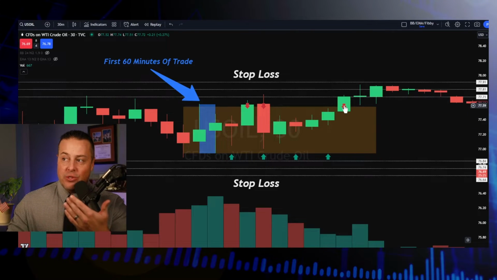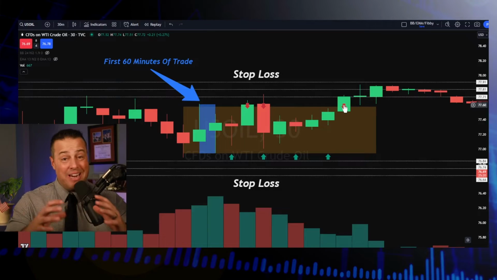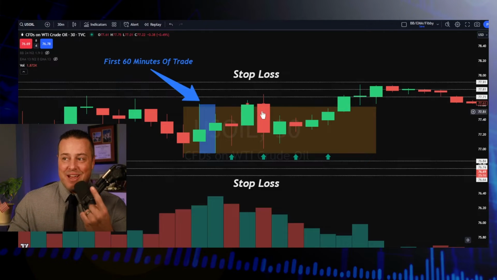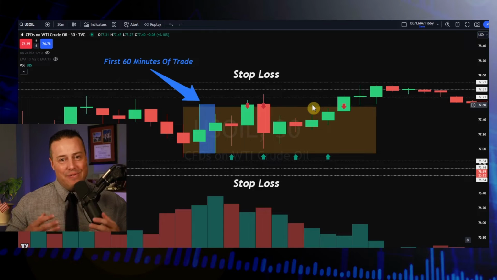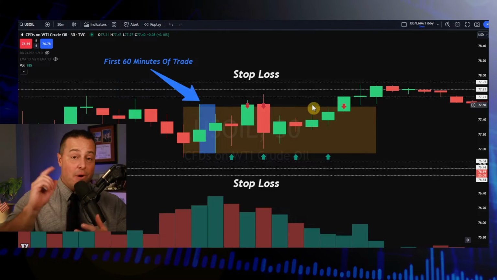We had one losing trade near the end of the session, but the beauty of range trading price action strategies is you're only wrong once. So right there you lost, but you have two winners right here. As long as your risk versus reward is balanced, you can do very well just using that basic price action strategy for a range-bound market.